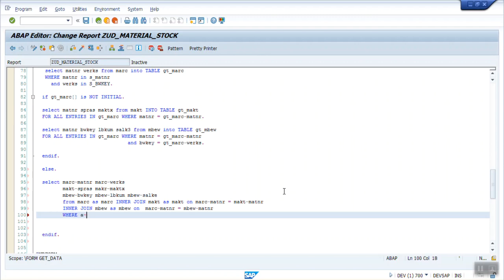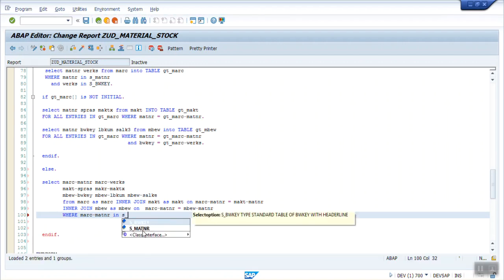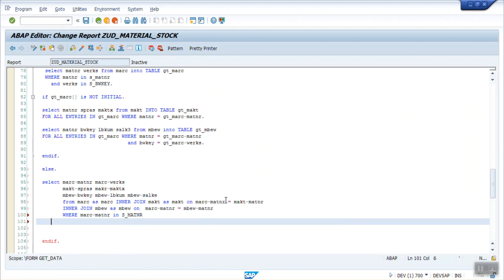my MARC MATNR in S_MATNR, and I will write here second is again MARC WERKS in S_BWKEY because my valuation area and plant are the same.